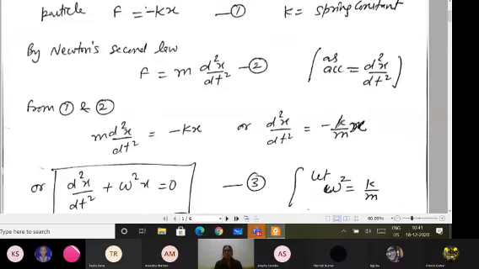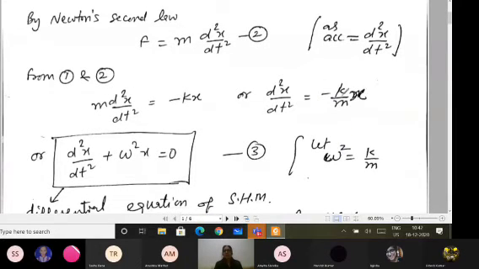Of course k is the spring constant or force constant, and m, small m, is the mass of the metallic bob which we have taken, or the mass of the particle which is having the oscillatory motion. When a body is made to oscillate, that gives you the angular velocity omega. So if I assume this value k upon m is equal to omega square, then I can write this equation as d2x by dt square plus omega square x is equal to 0.